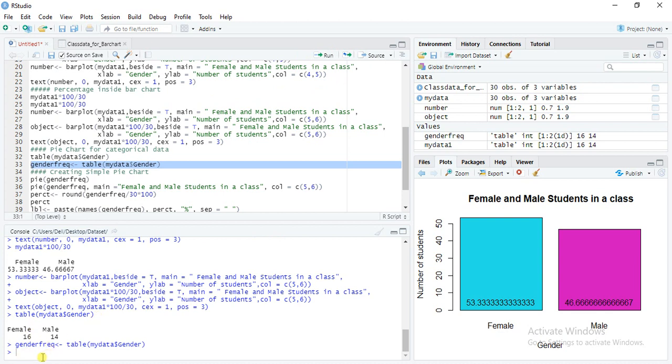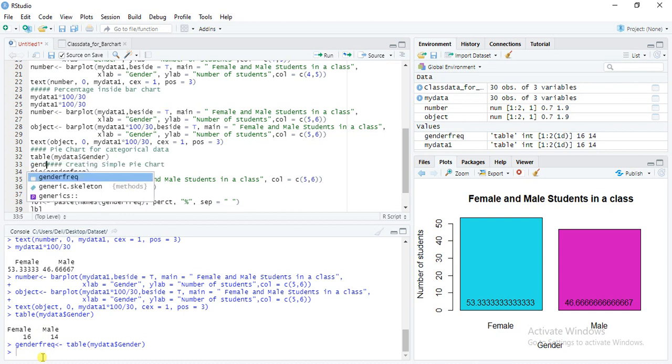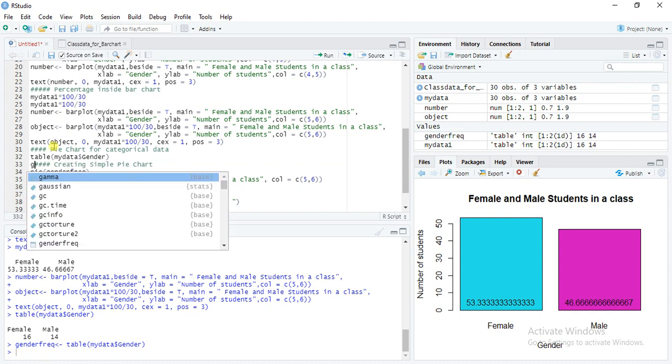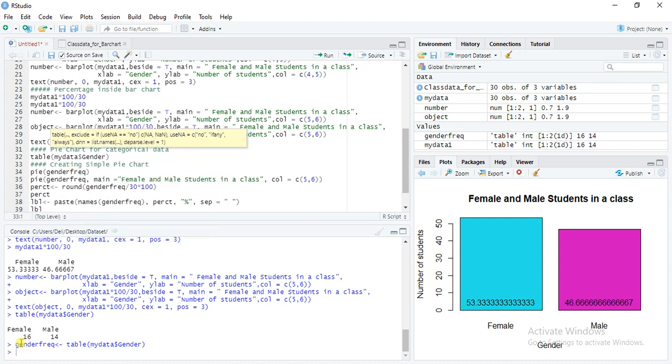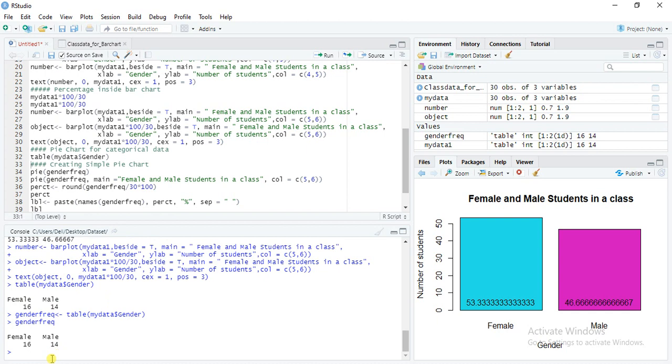That is the same. So I will write gender frequency here. Same result we will get, female 16 and male 14.